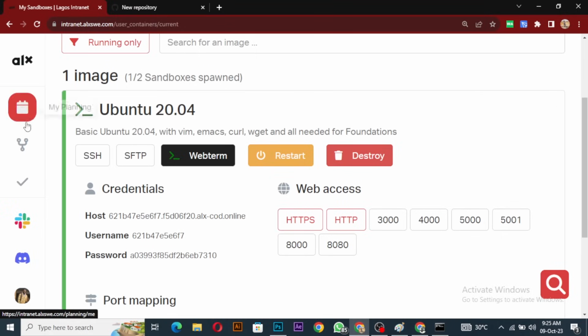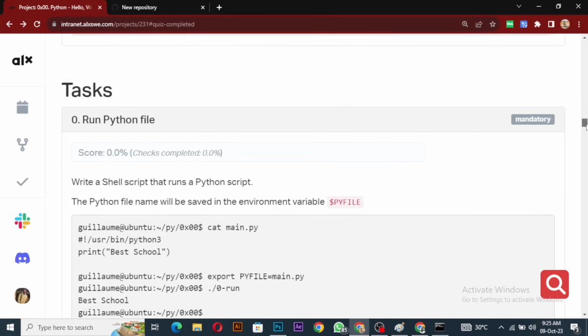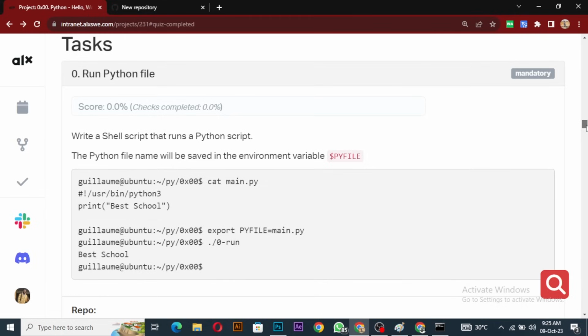So I'll go back to my task. Okay, good. So you say write a shell script that runs a Python script. Okay, so we are writing a shell script that will run a Python script. But before that, the Python file name should be saved. So this is the file name of the Python file. I will explain all this, but